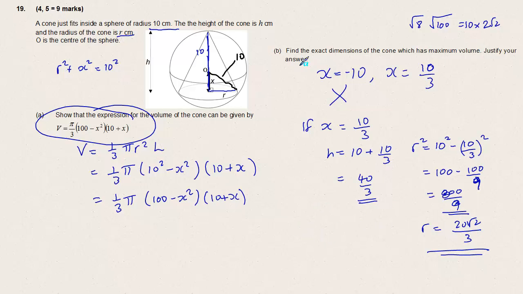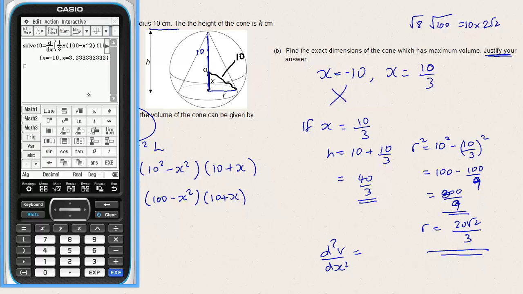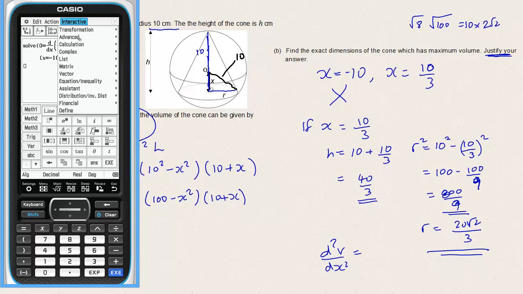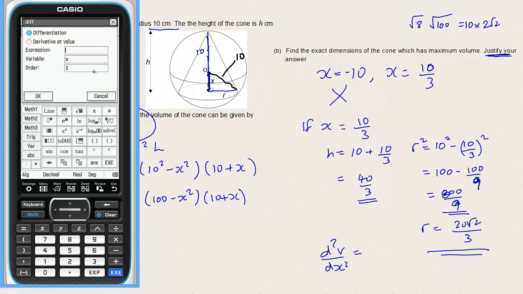Now, it does say we need to justify, and in order to do that we need d2V/dx squared. Now we can certainly do that on the calculator. So calculation, we want to differentiate, and because we want that, we're going to do squared derivative at a point, and we want that when x equals 10 over 3, variable x, and we just need the expression. I put that in the wrong place, the 10 over 3, so the value is 10 over 3,